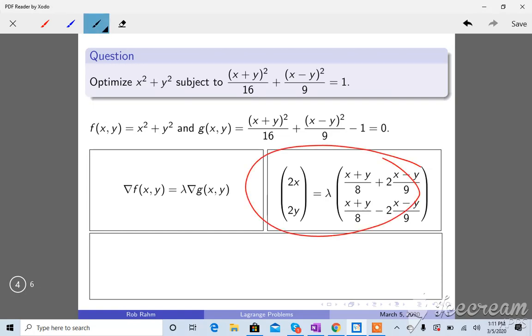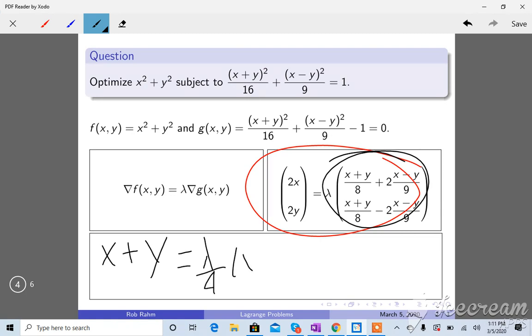Remember we saw that if you add the first equation to the second equation, the top equation to the bottom equation, and then subtract, using the symmetry of the gradient of g, you get something nice. In particular, you get that x plus y is equal to lambda over 4 times x plus y,